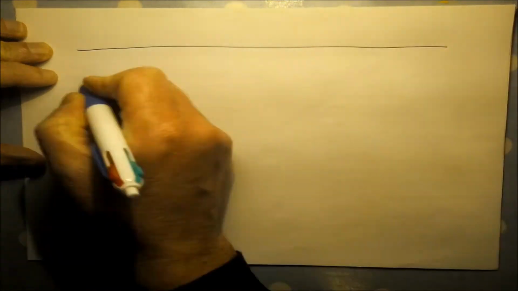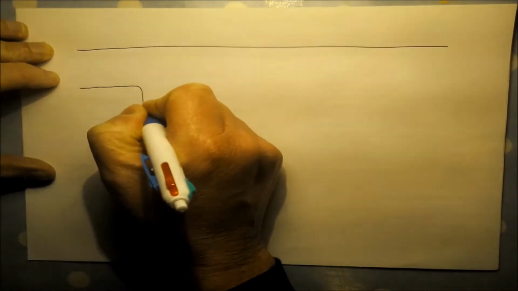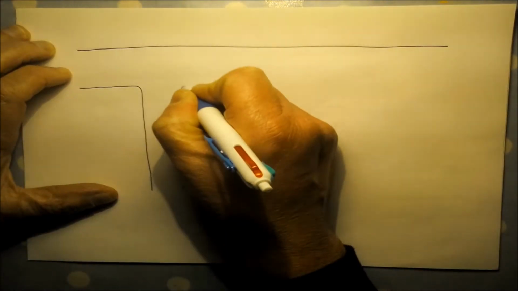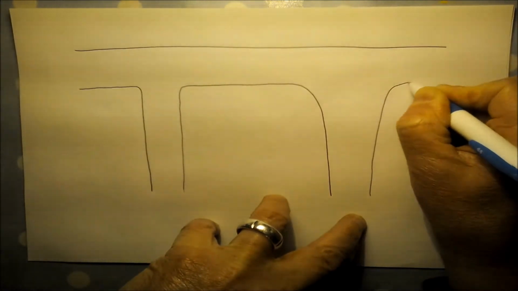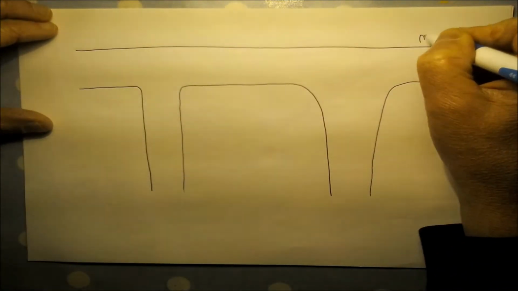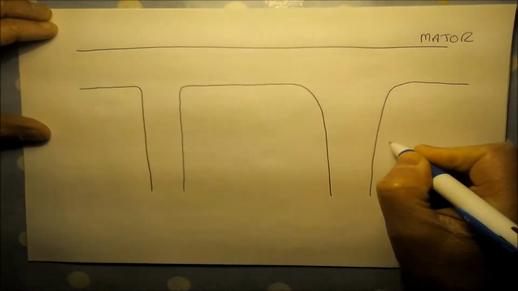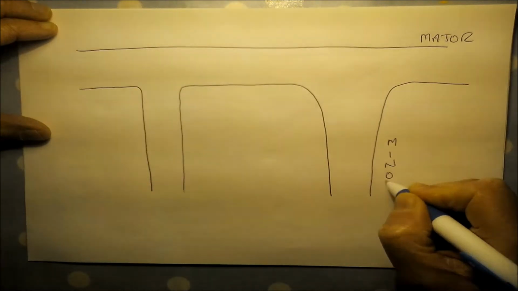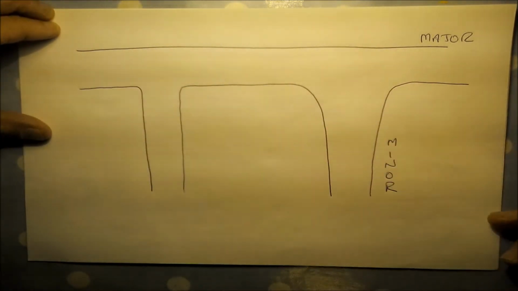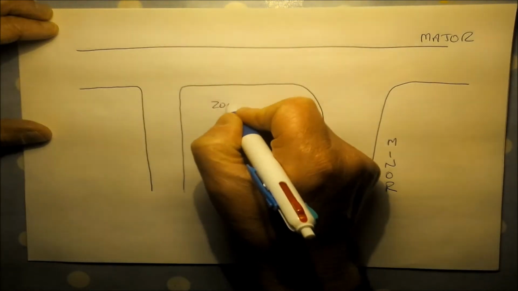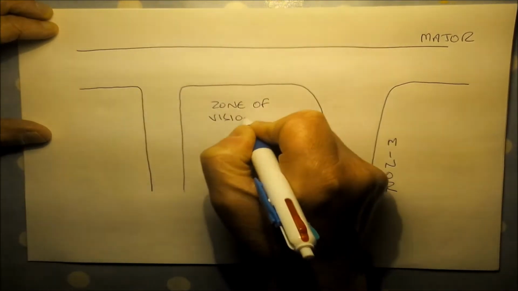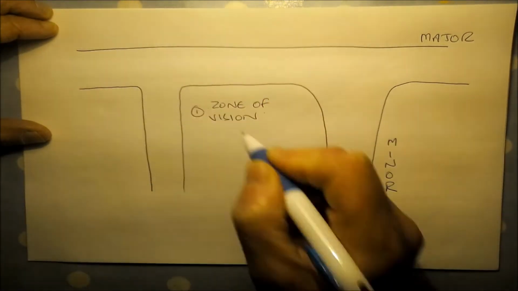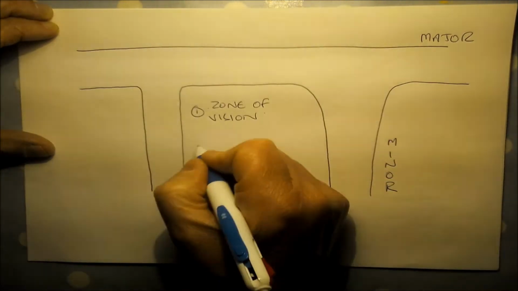Right, so what we've got here is the basic T-junction, or T-junctions, that you would come across. Okay, so we have major road and minor road. This is when we're coming out of a junction. So what you've got to get used to looking at on the approach is the zone of vision. Yep, so that's one thing you've got to be considering on the approach, and the other